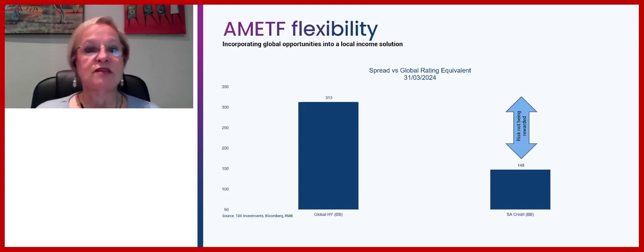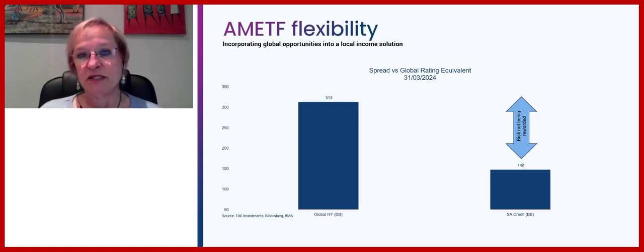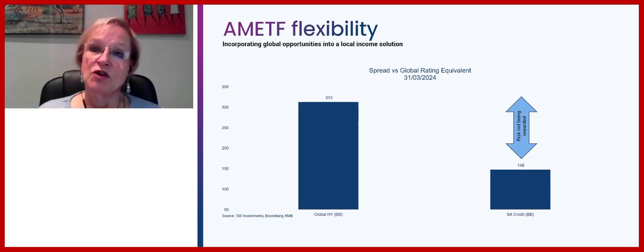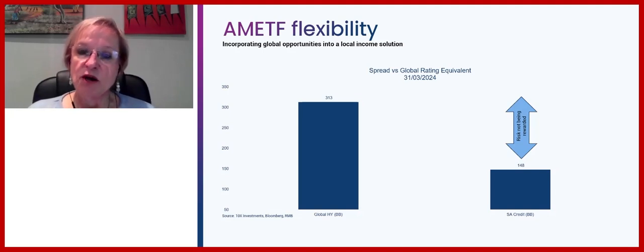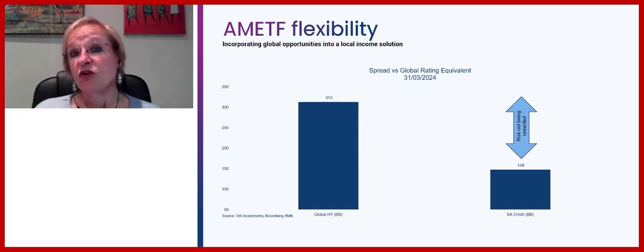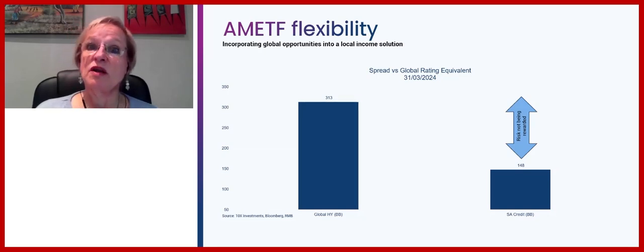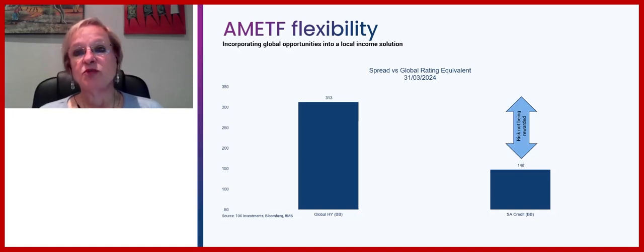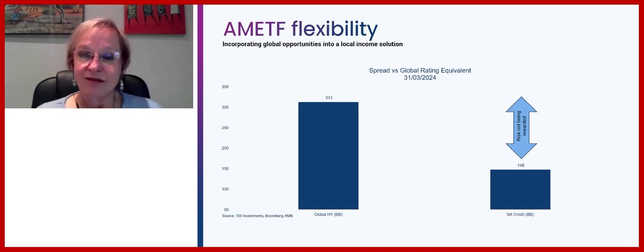We're going to come back to their specific strategies shortly, but looking at that global spread, the credit spread in particular is the area in which 10x is capturing a lot of this opportunity set. Because what they are doing there is that you have the ability to get exposure to very deep, liquid credit markets in global markets, something which is a lot less available in the South African market. And so when we look at the type of offshore exposure that 10x includes in this portfolio, their offshore exposure is almost exclusively in the high yield space, in the credit space. And you can see that credit pickup that they have in the global credit market compared to the South African credit market and what is available there.